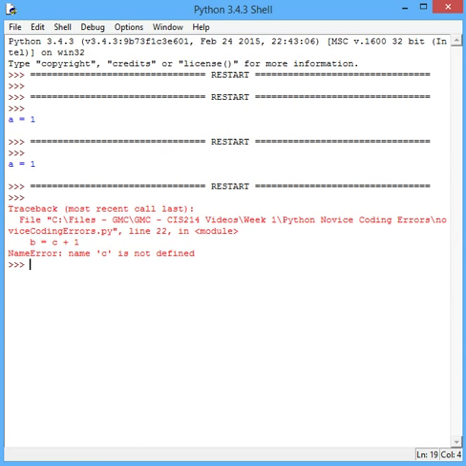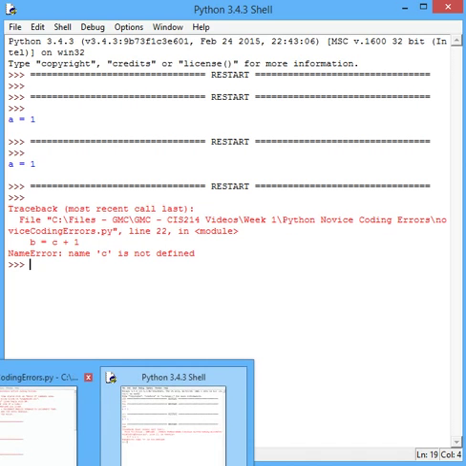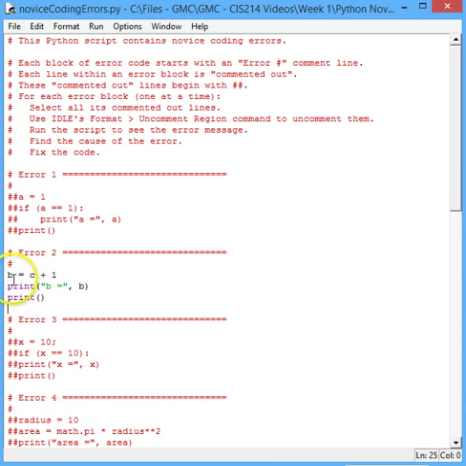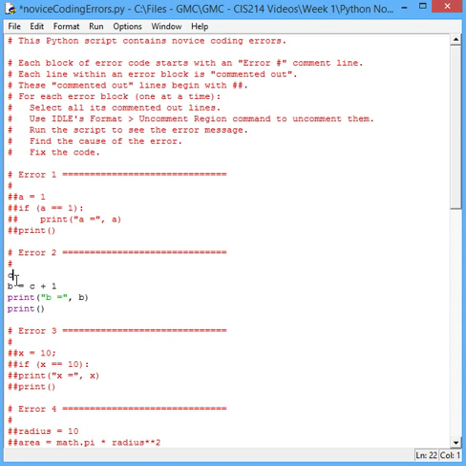We'll go back to the code and look at it. B is being assigned the value of C plus 1, but C was never defined. It's an undefined variable. That's a coding error, a basic common coding error. We can resolve this by giving it a value. So we'll start up here and add a line of code that says C equals 0. Save it